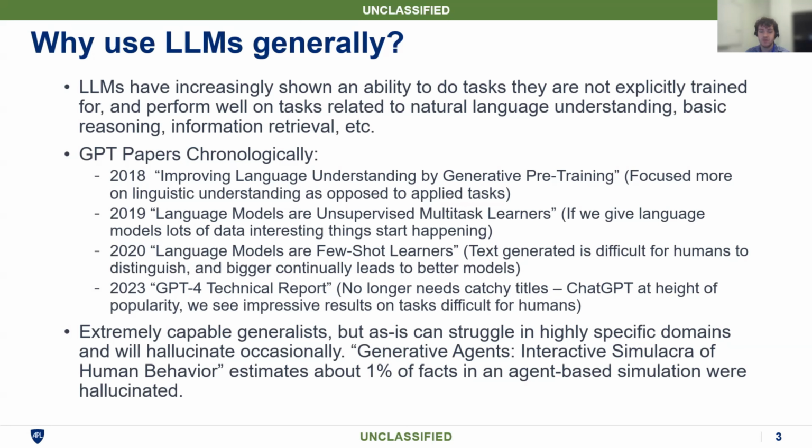But one of the more interesting things from that paper is that about 1% of the time, the agents would just make up facts. It would be like, oh yeah, on Tuesday I talked with Molly about this, when you had every single interaction they had with each other documented, and they would just be making stuff up about 1% of the time. So there is a concern with hallucinations, where the language model is just making stuff up. And the issue is it's very hard to tell when it is making things up. That really is one of the key motivations of, okay, why do we need to do more than just use large language models as is?